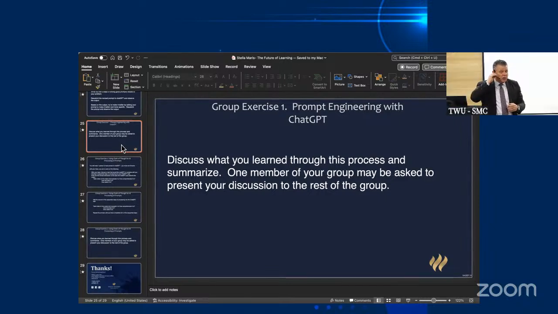Prompt engineering is based on singular input, singular output. Does that make sense? I customize my input and get a curated response just for me.